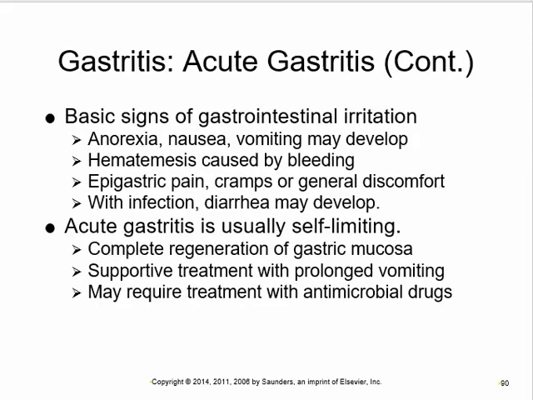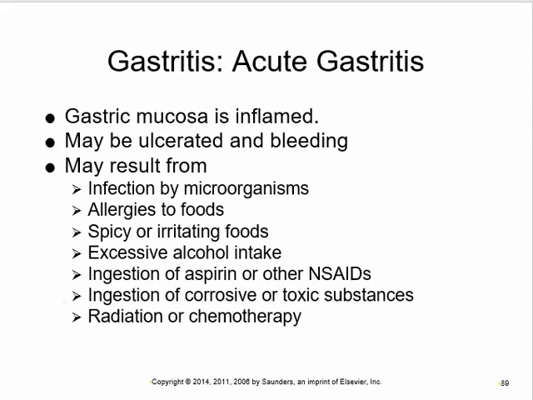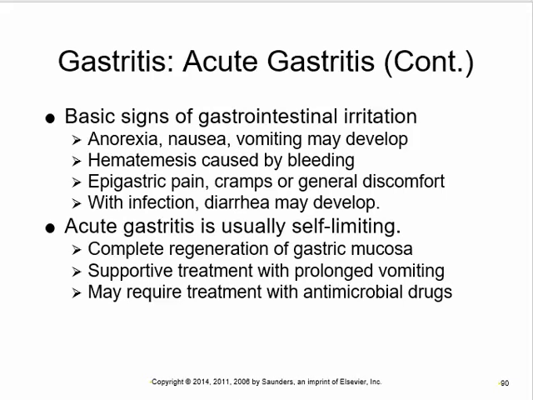Remember that radiation and chemo both target cells that are actively undergoing mitosis. And the stomach mucosa is constantly undergoing mitosis because the environment is so damaging that those cells are being replaced constantly. So when you have this, you don't feel like eating, because if you eat, you will produce more acid and you'll irritate more. So anorexia is huge.